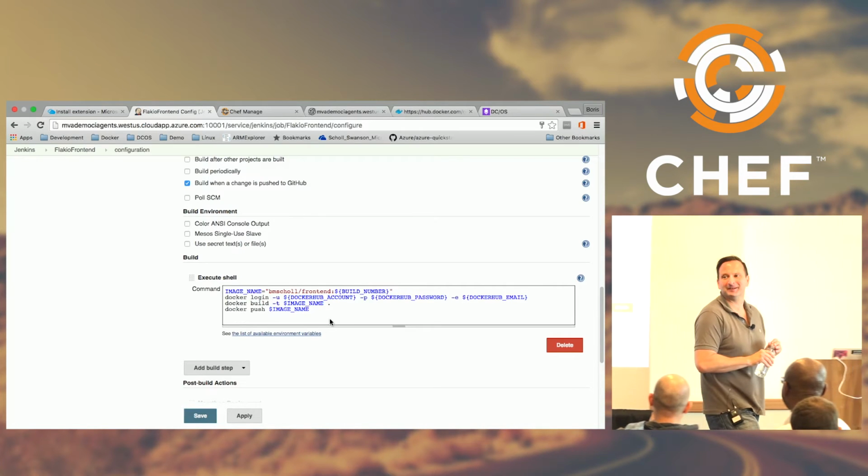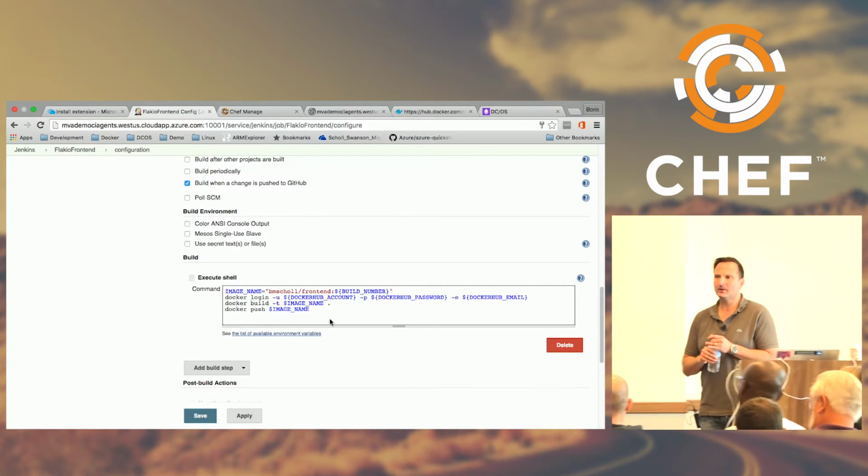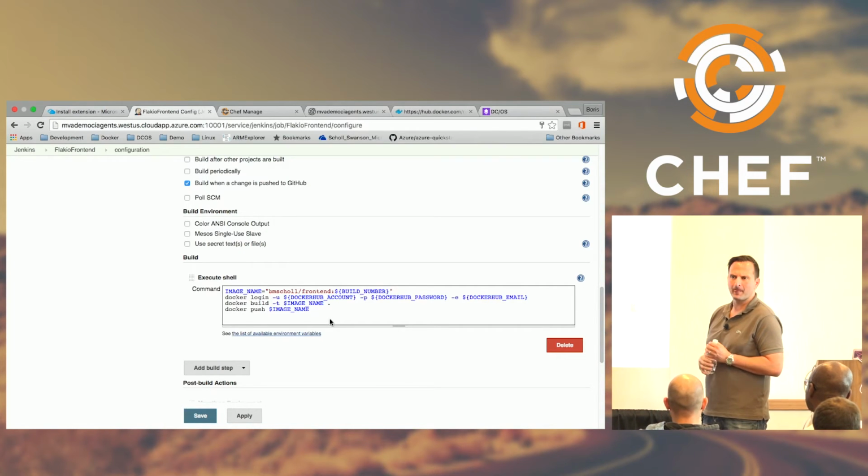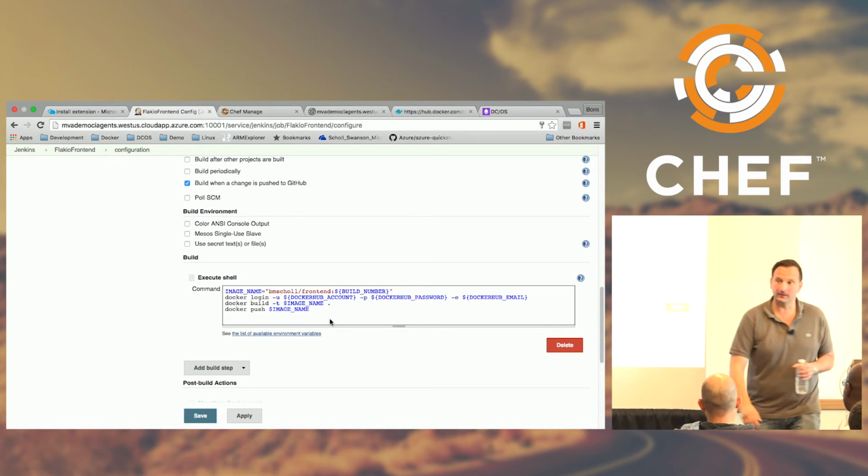It's in the global settings under environment variables. So you go to Jenkins global settings and then add environment variables. So this is what it does here, right? And then I have a